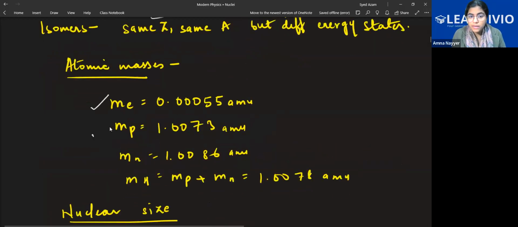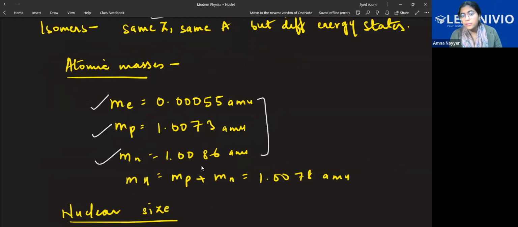Mass of electron, mass of proton, mass of neutron. Try to remember these three, no rounding off here. Up to all the decimal places which are mentioned here, you have to remember. If you round it off, your answer will be 0 or 1. That's it. Because when you round, most of the time the answer will be 0 on multiplication. So here in this chapter of nuclei, you cannot round off any value. You don't involve significant figures and rounding off and all. No, whatever is there, learn it as it is.